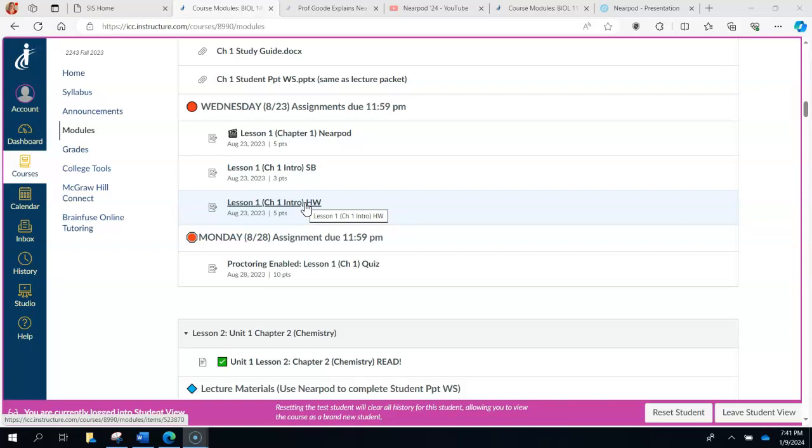There are only SmartBooks assigned for points for Unit 1. Units 2, 3, and 4 are going to have SmartBooks available, but they'll be for practice and they are not graded. So if you like SmartBooks, you can keep doing them. If you don't, you don't have to do them the rest of the semester, but you do have to do them for Unit 1. So we're going to click on the Nearpod,